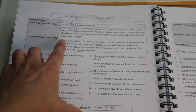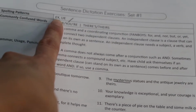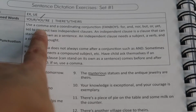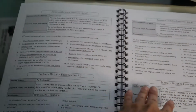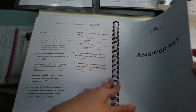has a different rule. So for example, in the first set of sentence dictation, it's the EXUE for spelling patterns and then the commonly confused words. And then for the grammar, they're practicing using a comma and coordinating conjunction. So there's a bunch of that. Then you have at the very end,